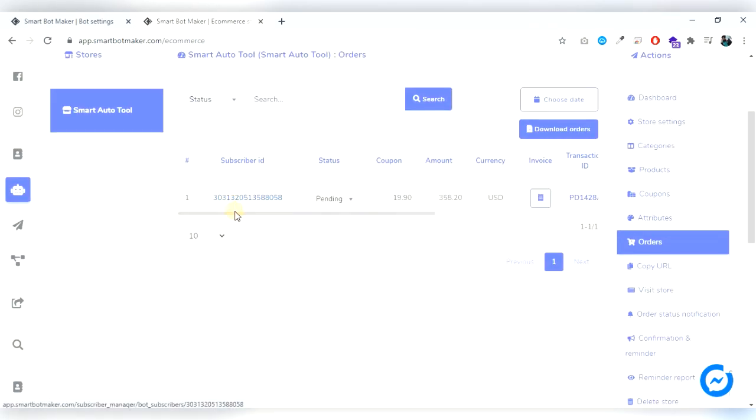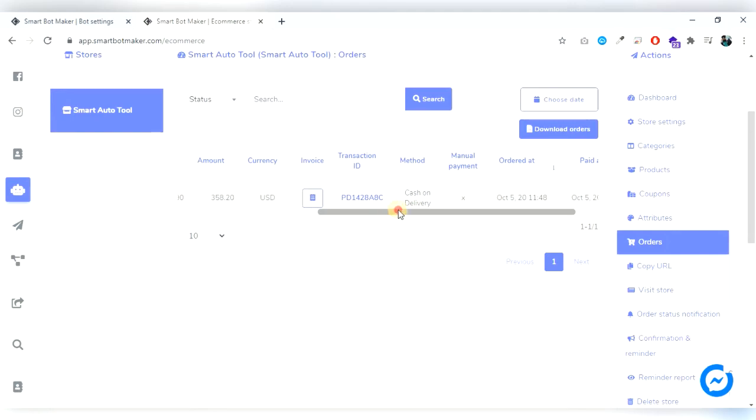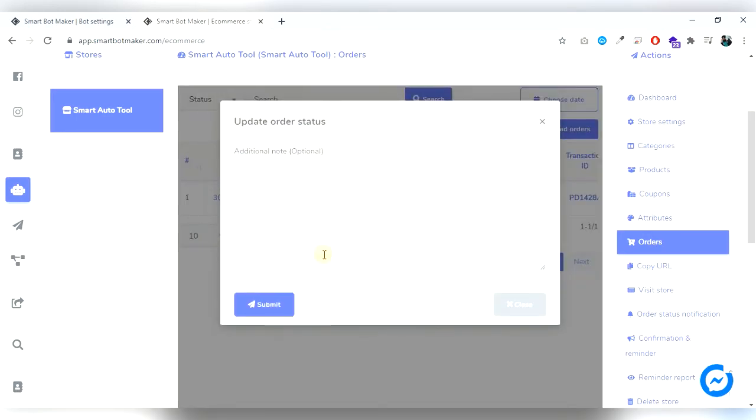Here you can see subscriber ID, status, coupon, amount, currency, invoice, transaction ID, method, manual payment, order at, paid at. Okay, now we change the status and submit it.